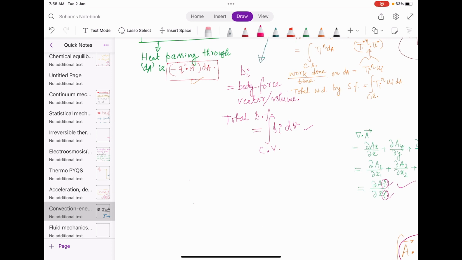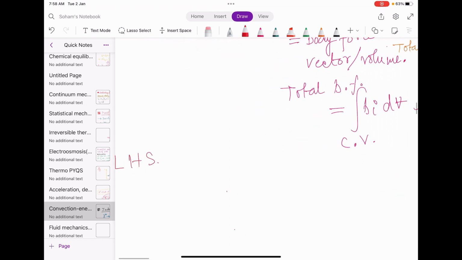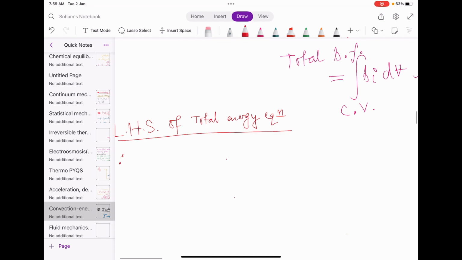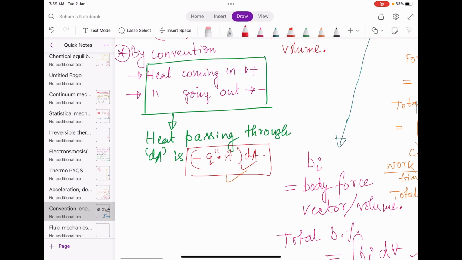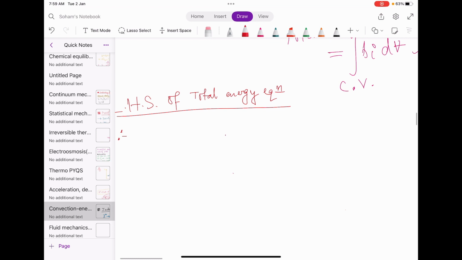Okay, so now let us write the LHS of the total energy equation, right? So that will be, so first the heat flux term, and that is given by what, this thing, right? So let me write this, minus q prime,